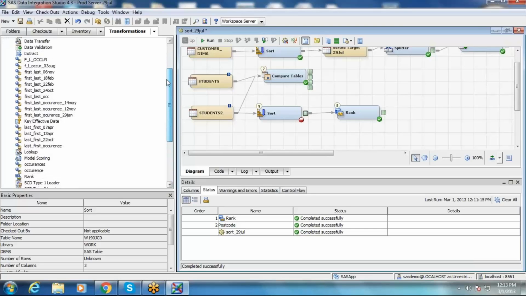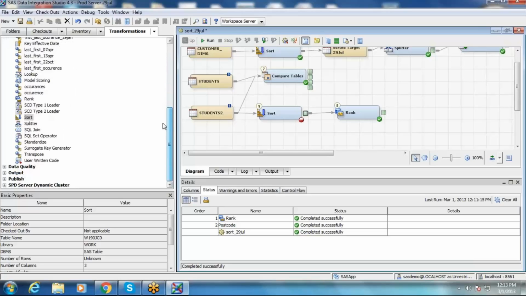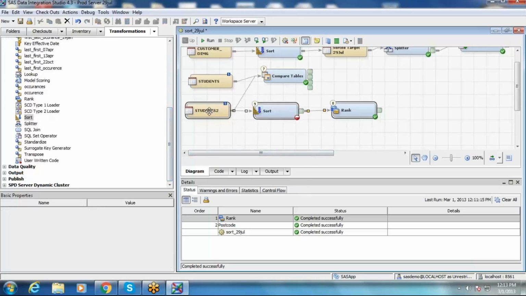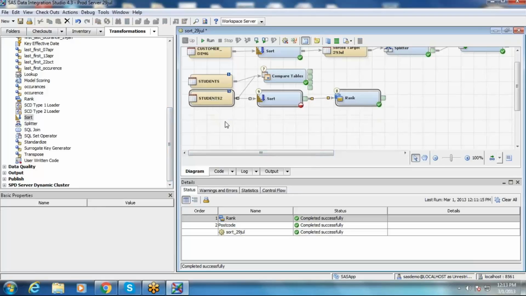We are almost done with the basics. Let's move on to a little more complex transformations, like how to join two or more tables.